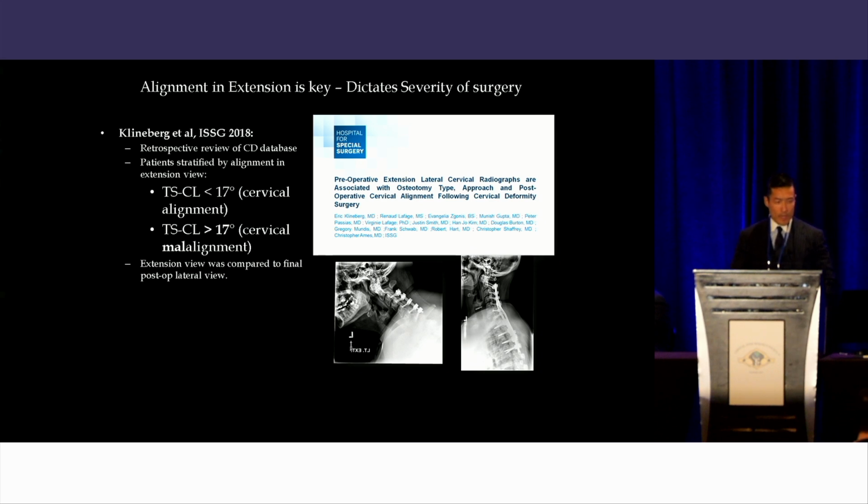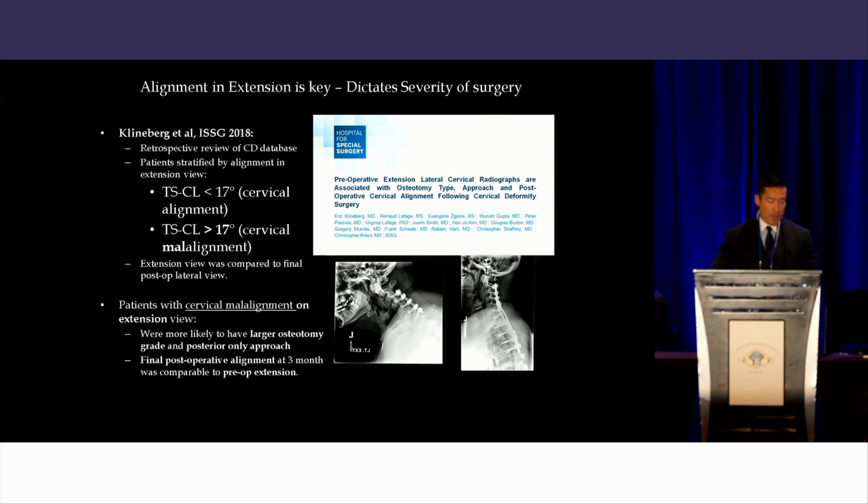So the reason why dynamic radiographs has received some attention is because if we looked at some of the earlier works through the cervical section of the ISSG, what we've seen is that the alignment and extension for these patients, whether they be supine or extension radiographs that we could obtain, they're going to change the type of operation that you do for these patients. And if you obtain these radiographs regularly, it'll sometimes make you say, well, I need a 3-column osteotomy, and then your mind will change after obtaining these